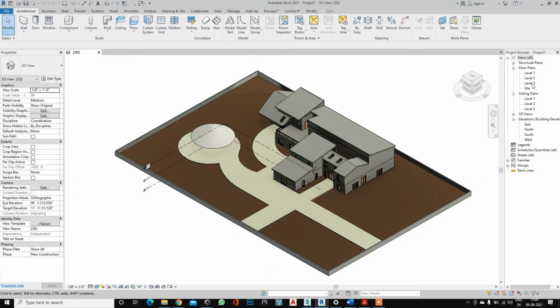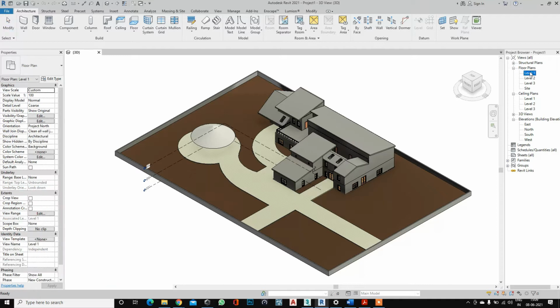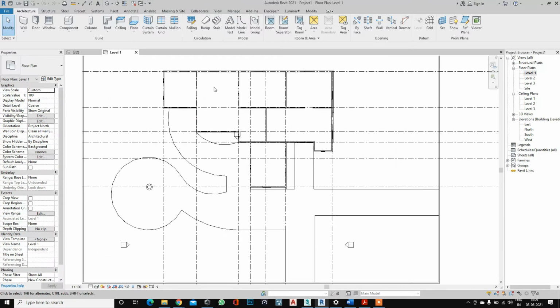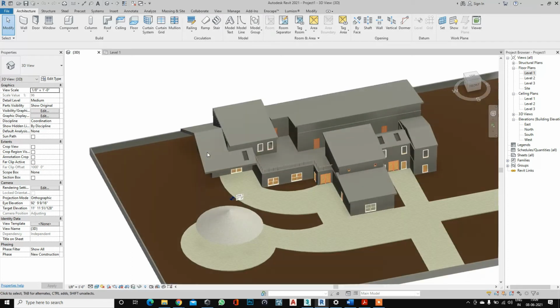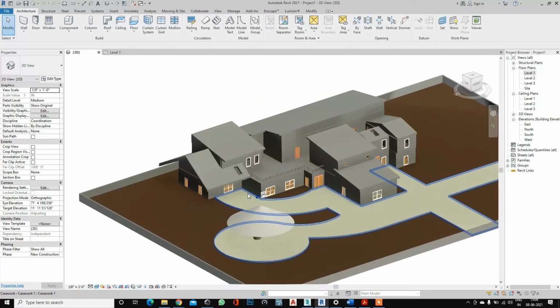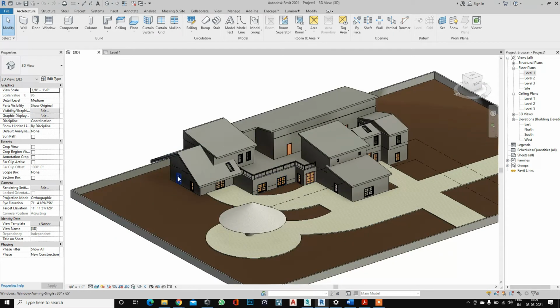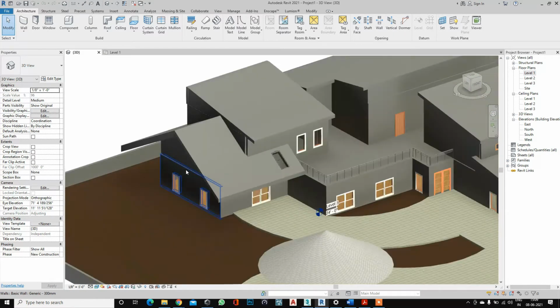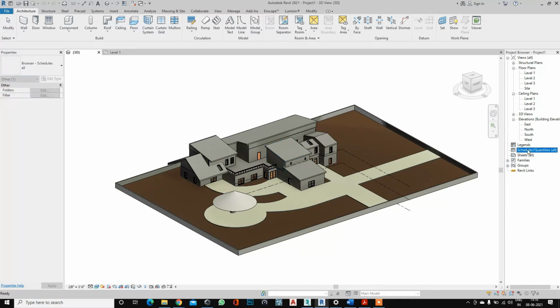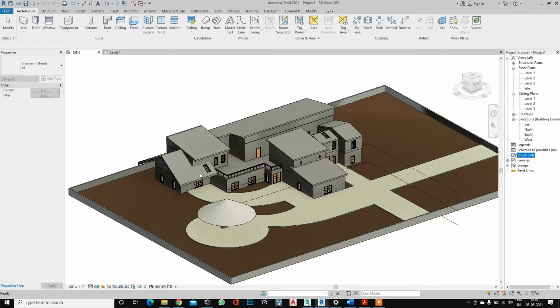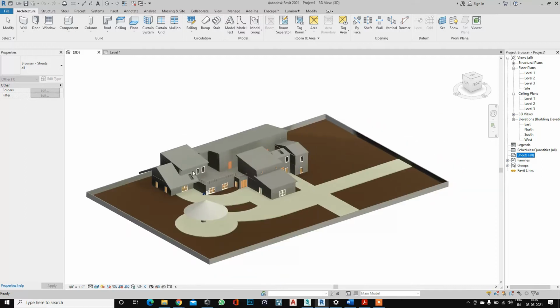Now in Revit we can work in 2D. For example, this is our 2D and this is our 3D. So in Revit we can work on 2D and 3D both. But Revit has some advantages as well as some limitations. So what are the advantages of Revit? You already know that in Revit we can calculate the quantities, we can prepare the sheets also and all. But Revit has only one limitation, which is rendering, right?